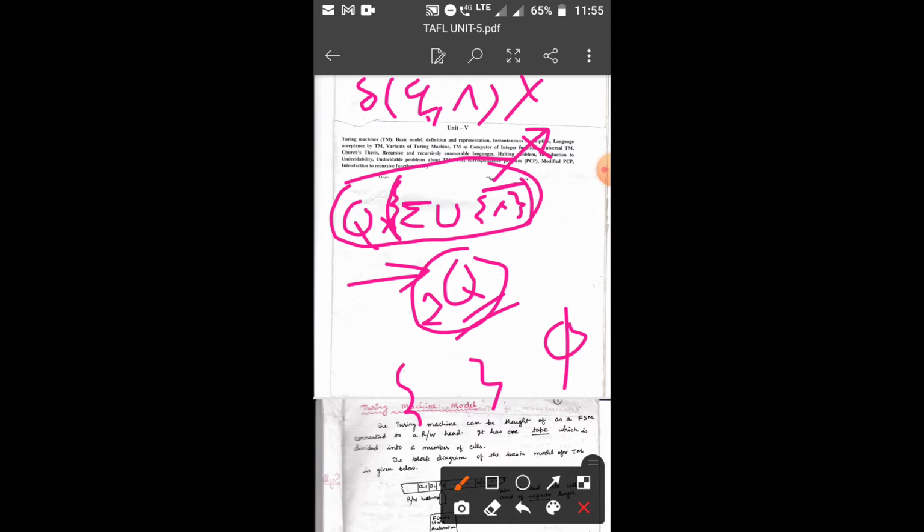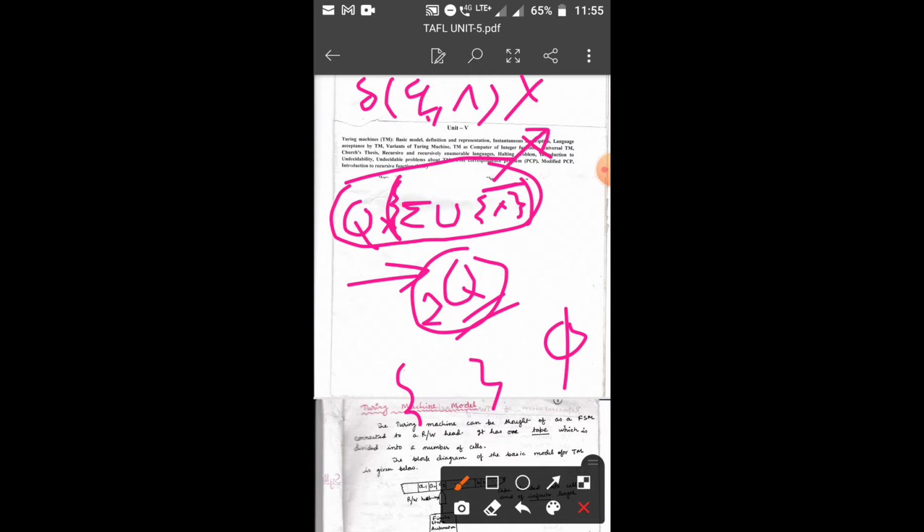But in the case of NDFA, we have the option to transit to the next state without consuming any input symbol, known as a null move or null transition.